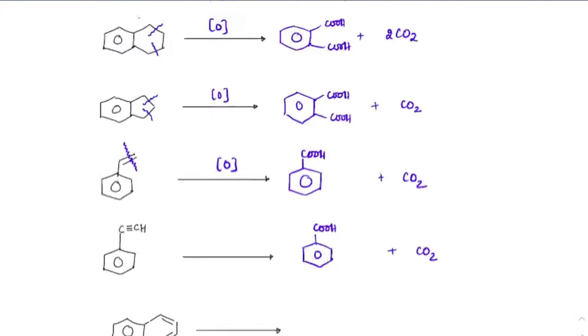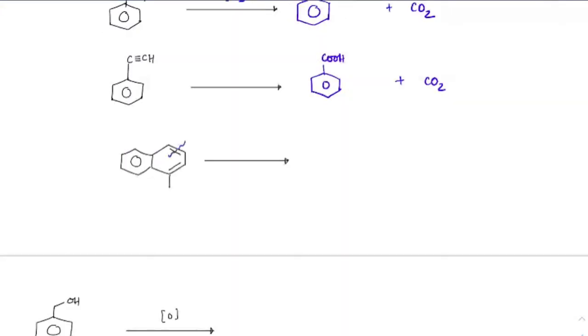Practice, everyone. Keep practicing. First, the bond breaking will happen here. So on one side, we will get benzoic acid, right? On the other side, we are getting a ketone here and oxalic acid, which will convert into 2 carbon dioxide. But this ketone will again undergo tautomerism, right? So it can tautomerize with respect to this alpha carbon, and bond will break here also. So eventually further oxidation will happen and we'll get phthalic acid only here also.